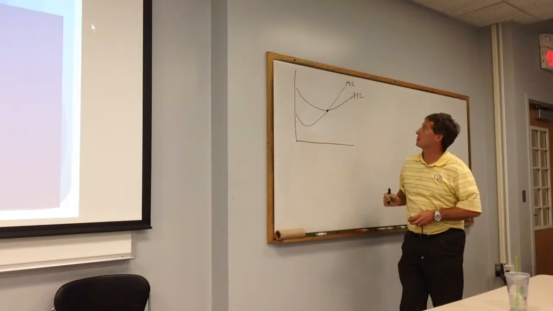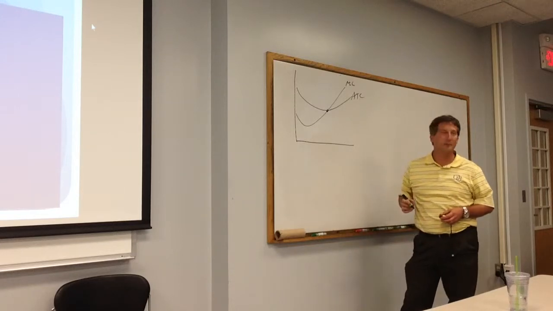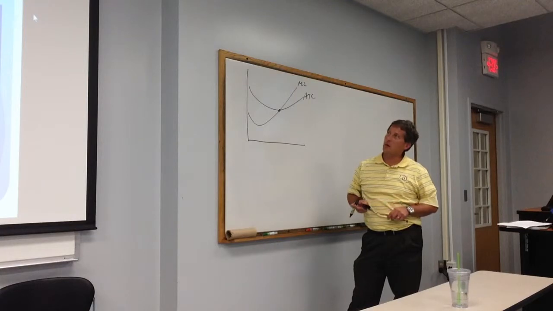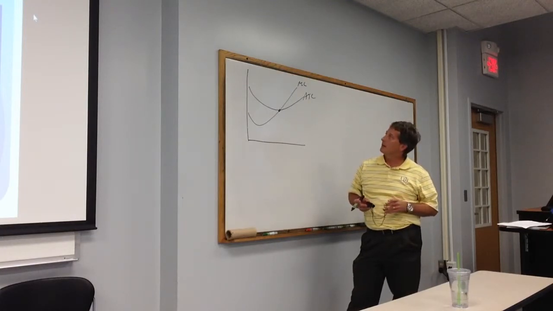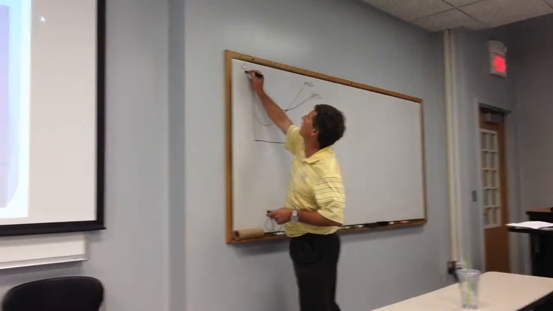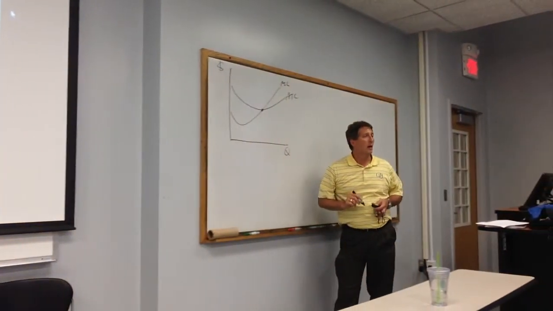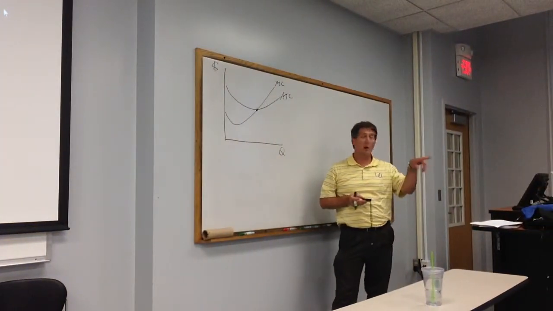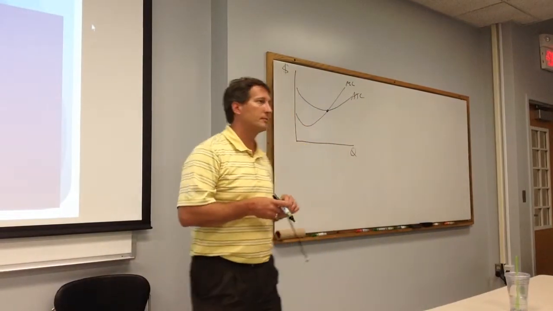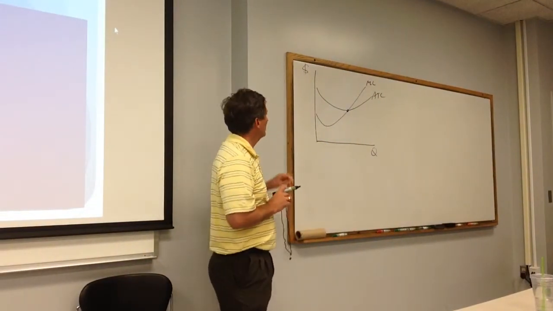Why could that possibly be confusing if they confuse marginal cost and average cost? Let me hold price constant, whatever it is, and change how much quantity